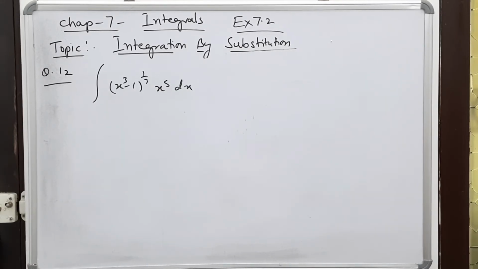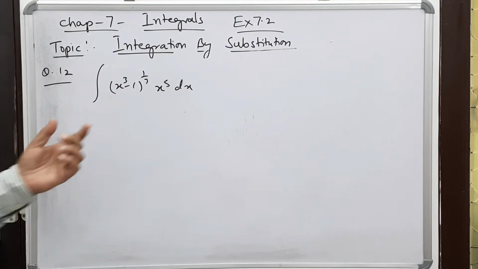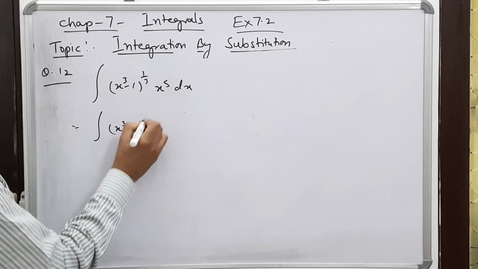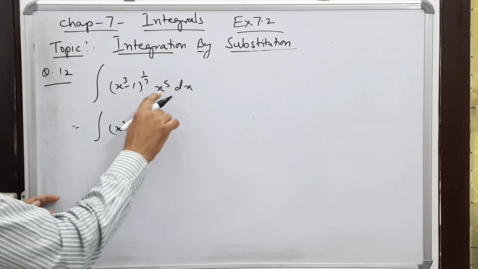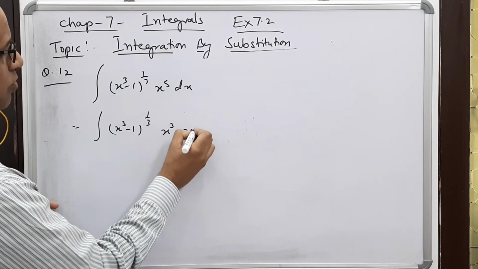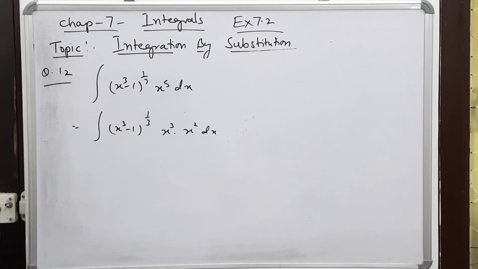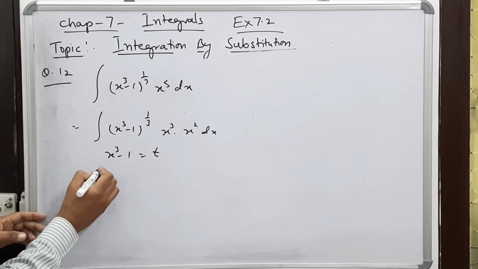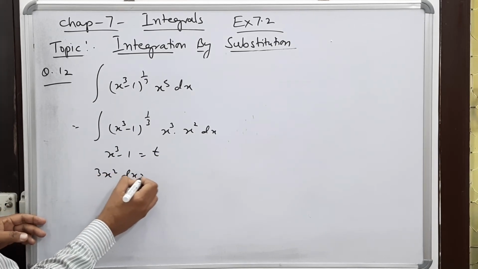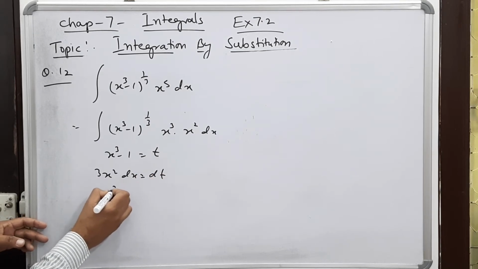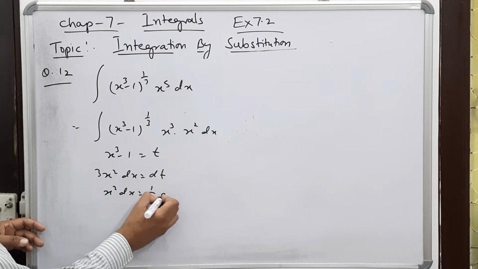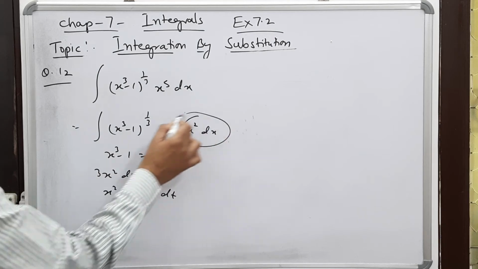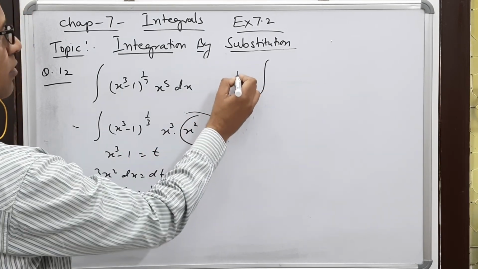You see another problem, little complicated, and these types of sums you will be able to solve only when you do proper practice. We can break this as x cube and x square dx. And now x cube minus 1 can be taken as t, then 3x square dx will be dt. So what is x square dx? It is 1 upon 3 dt. Please see this part. So this part is used here, and it will take the form 1 upon 3.